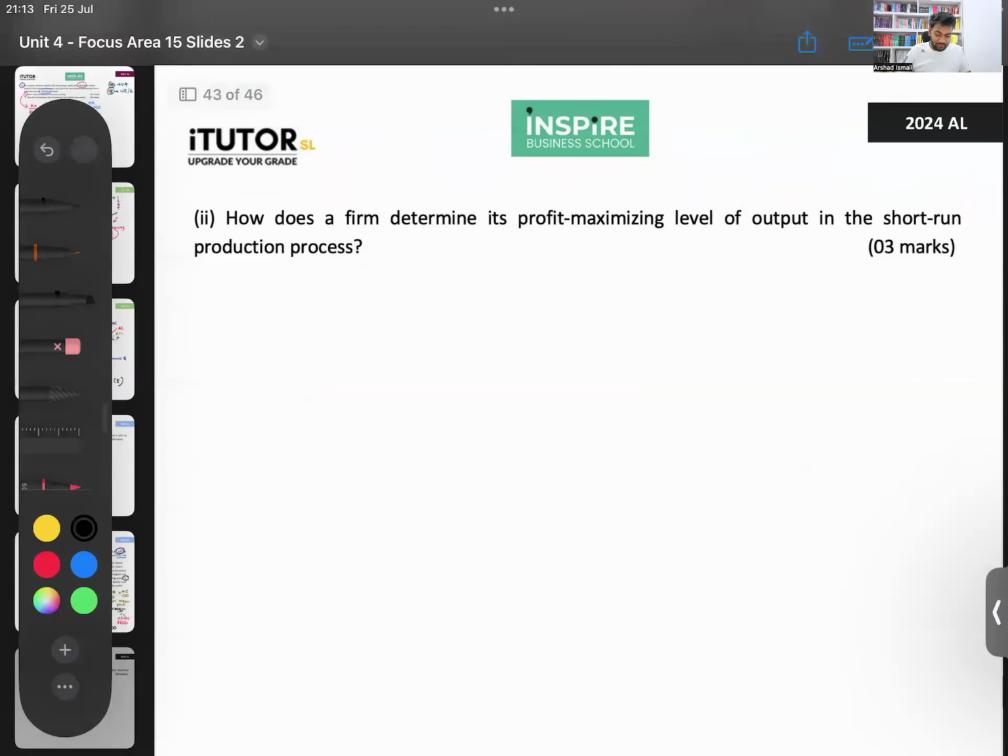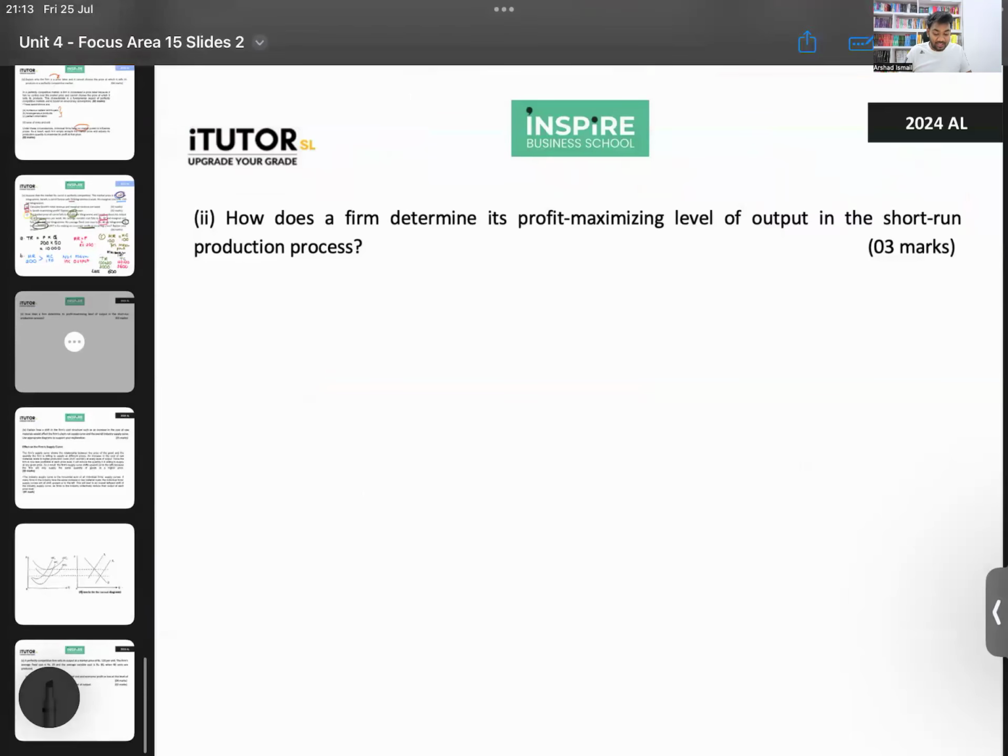So then we come to 2024. Now, in 2024 there are so many questions from this focus area. There are 3 questions. Look at this. First one is,